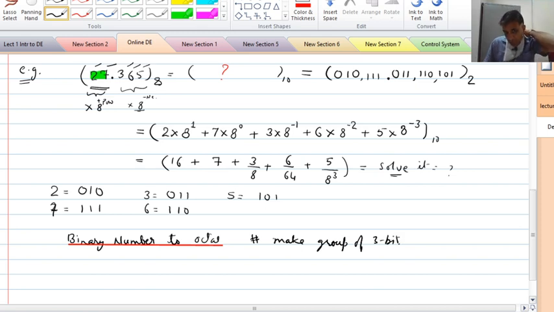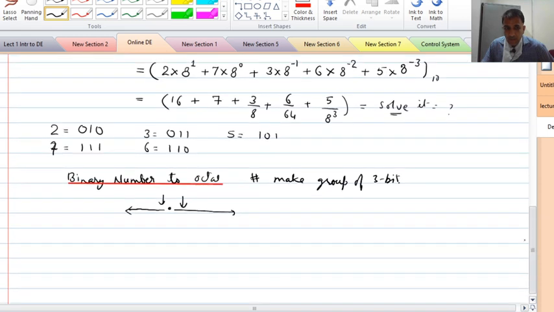For the left hand side of the decimal point, we have to start from this position, and for the right hand side of the point, we have to start from the point, and if we are left with an incomplete group, just assume there is a 0. Suppose we have a number, for example,